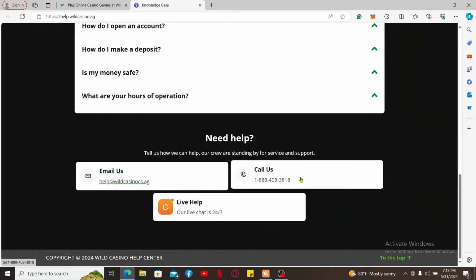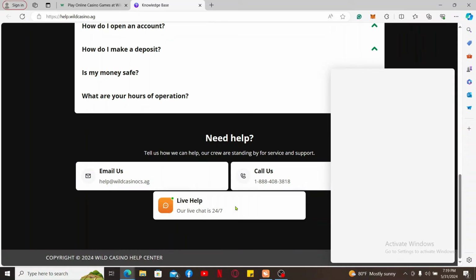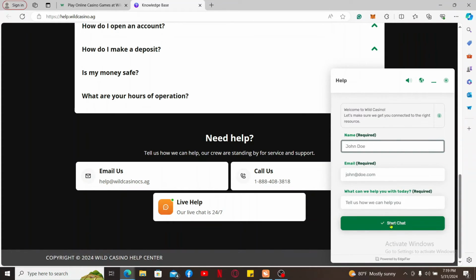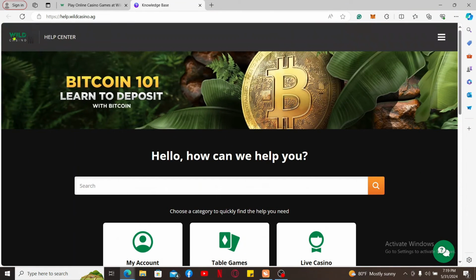account. Another way you can do so is by contacting the Live Help. Click on Live Help option and then mention that you'd like to delete your account by starting a chat. So those were some of the ways you can delete or deactivate your Wild Casino account in just a few